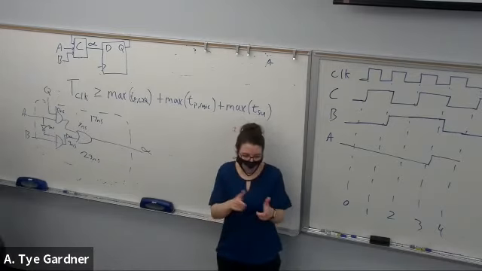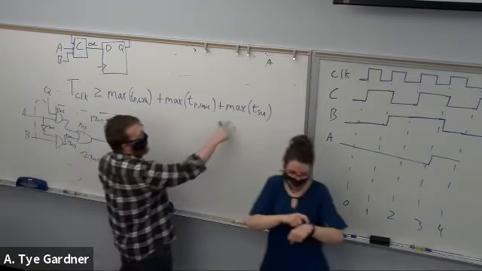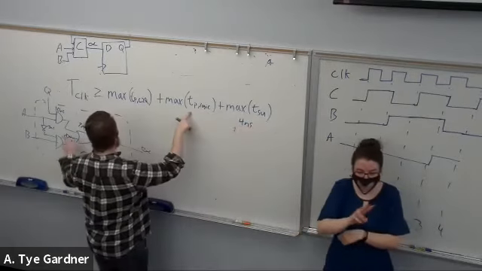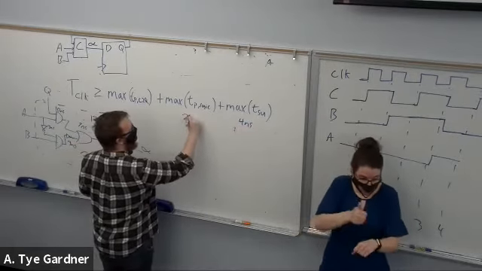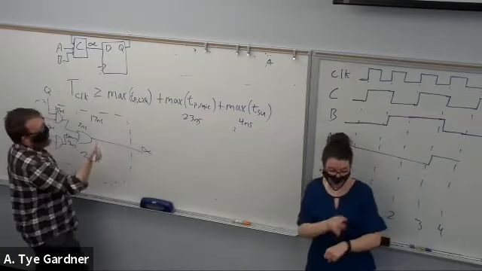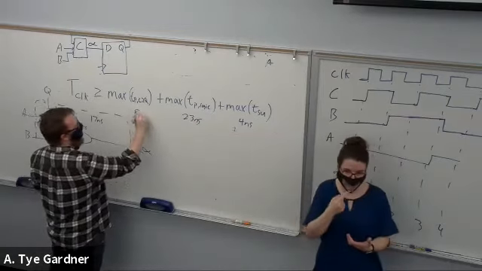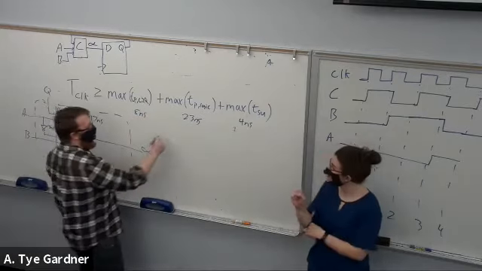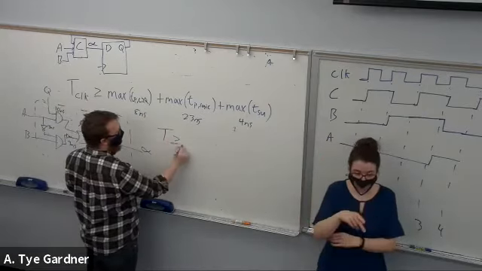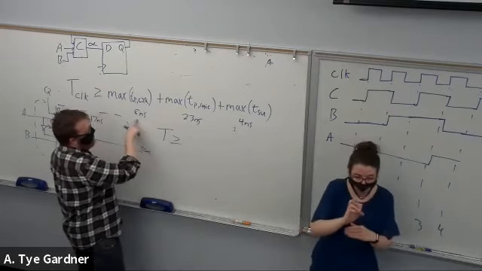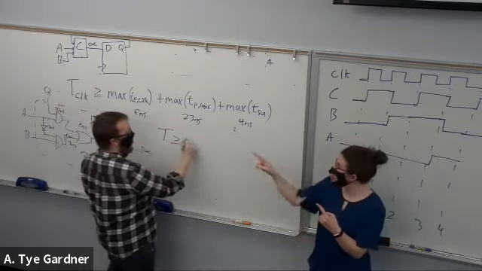All right, so I would add that. Let's say my setup time was 4 nanoseconds. My longest delay path I just said was 23 nanoseconds. And my clock to Q, let's say I defined that as 8 nanoseconds. Then that means my period must be greater than or equal to this sum, which is going to be 27 plus 8, which is 35